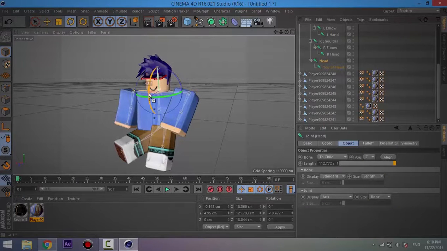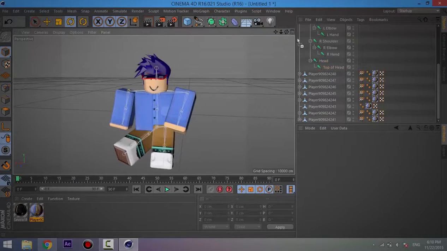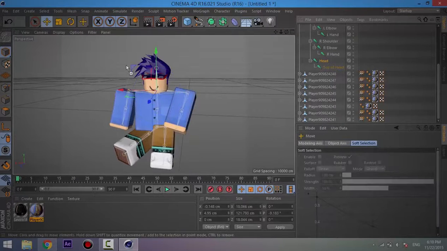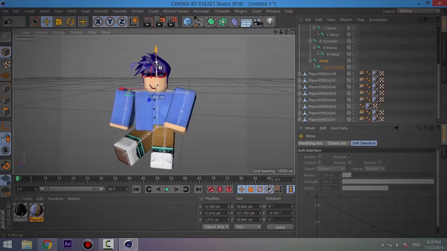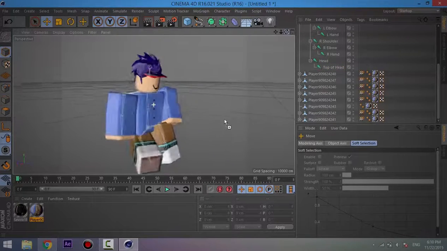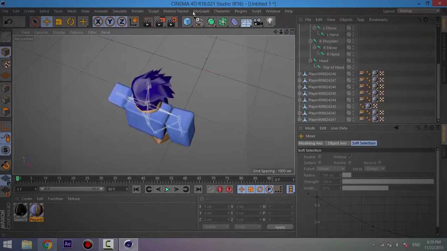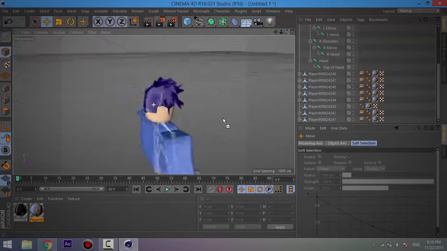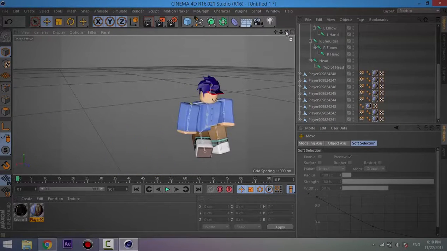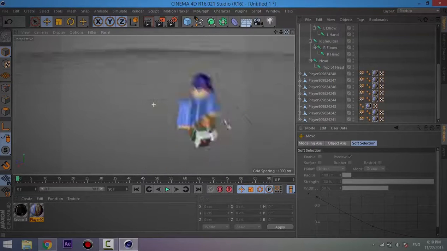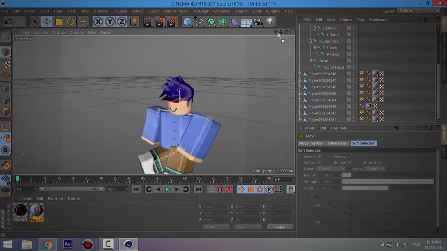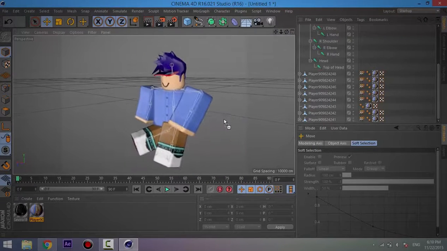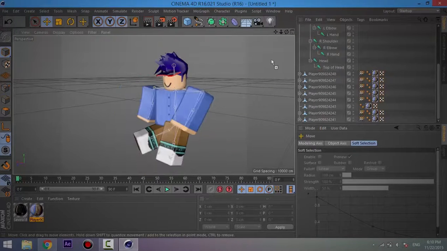I'm just gonna select it down a little bit. Make it go up a little bit. So yeah, I think so. Yeah, like that. Okay. So now I think our pose is actually pretty cool. Wait a minute. Let's check. Okay, whatever. Okay, now once you think your pose is good, now I'm gonna teach you how to do the